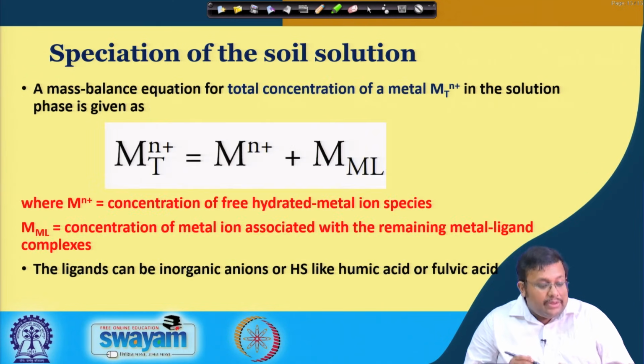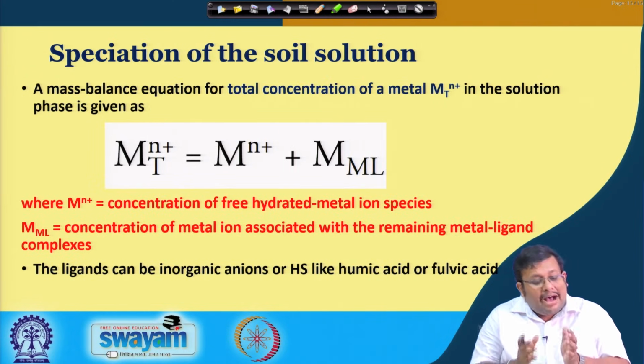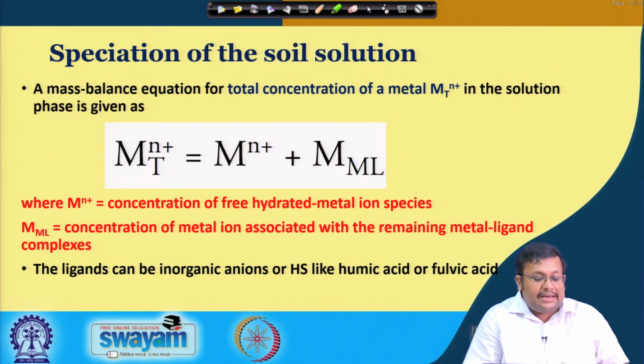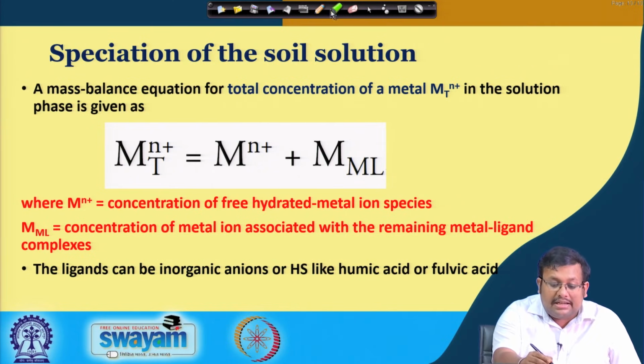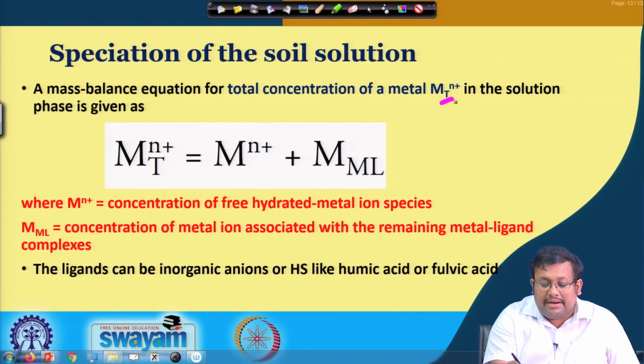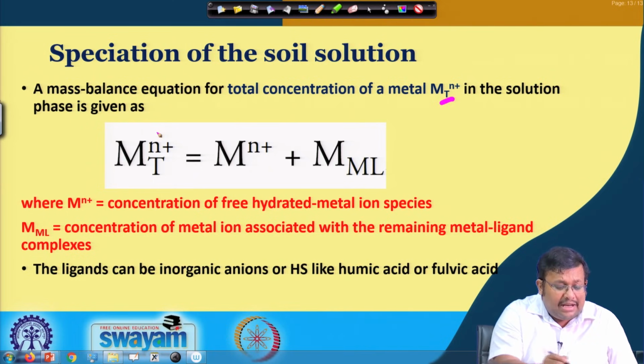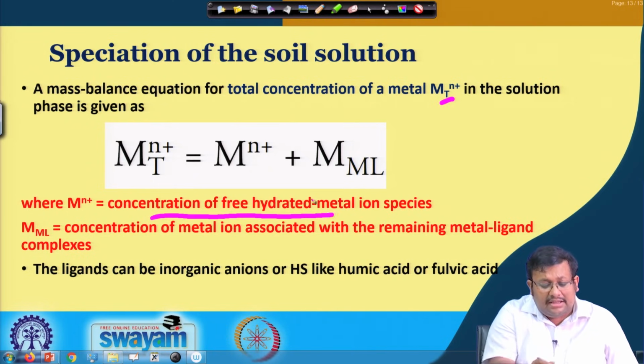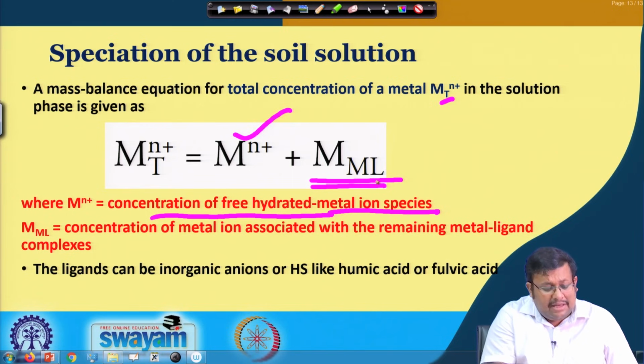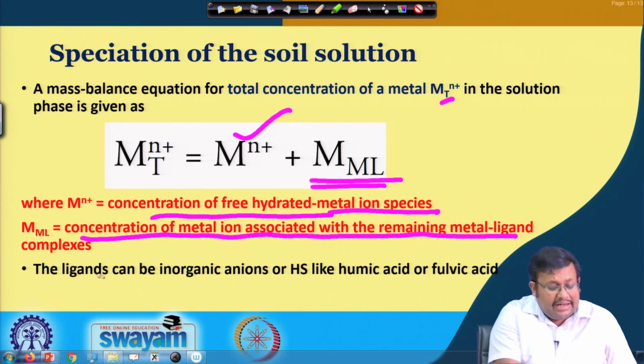So, let us see how we do that. Let us consider a mass balance equation for the total concentration of a metal ion in the solution phase. In this mass balance equation, Mn+ is the concentration of the free hydrated metal ion species, and ML is the concentration of metal ion associated with the remaining metal ligand